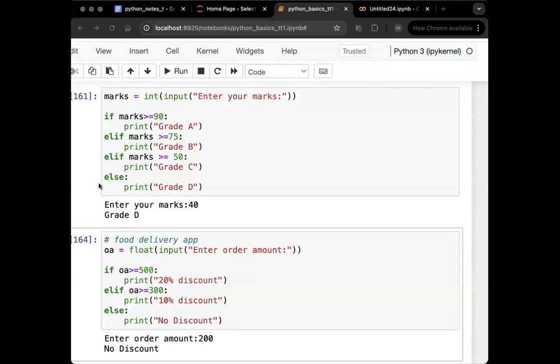Meghna, I have one question. Yeah, go ahead. So order amount, can we give some value there instead of taking an input? Yeah, you can. I just showed you with input because when you actually learn about all the other parts of